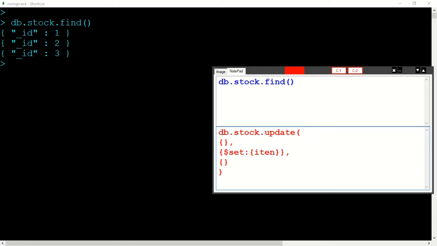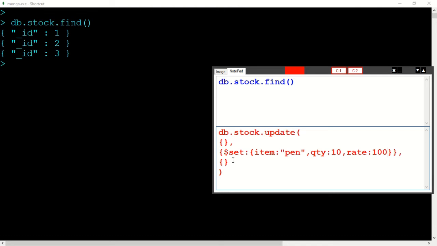Item, and what is the item? We say pen. Then the quantity of the pen, qty, say 10. Then the rate, say 100 rupees for 10.